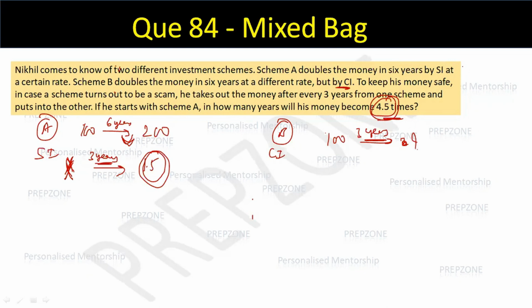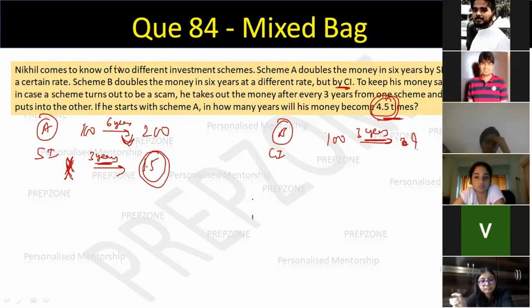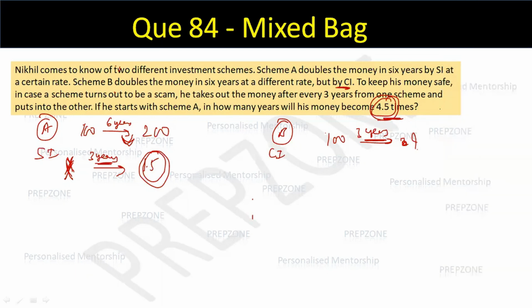Root 2 times. Others? Is this clear? Because amount is what? Either solve it like that: P into (1 plus 1 by R) to the power 100 to the power 6 is equal to 2P. So if this is power 3, this has to be 2 to the power half, which is root 2